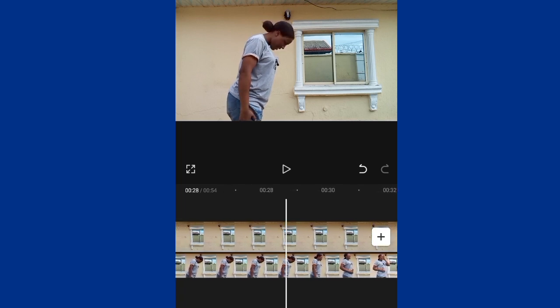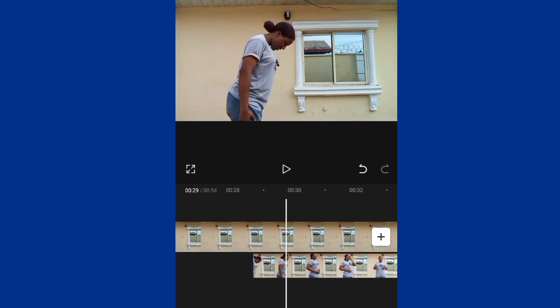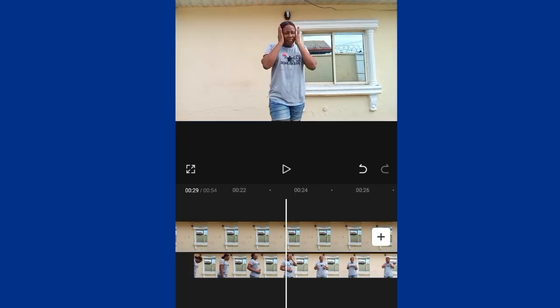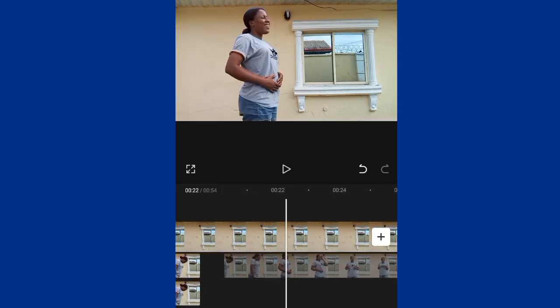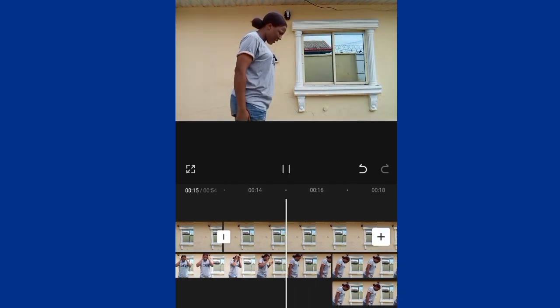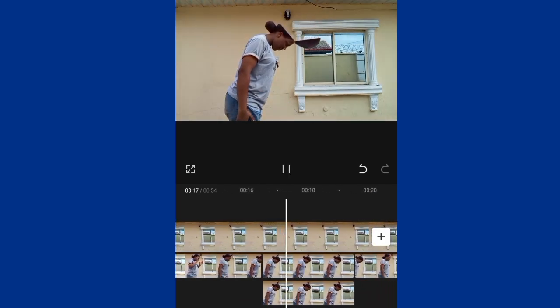So I'll just click on it, click on split and delete this part. I don't need it. So this particular part here, we're going to shift it and make it to be close to that one place where my head was opening. So I will click on it and then shift it, long press on it and shift it, long press again and shift it. Make sure it's the same line, like this. Guys, did you see it? So let's check what we have. So you click on it and okay,